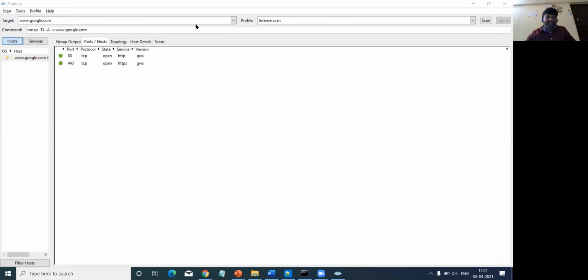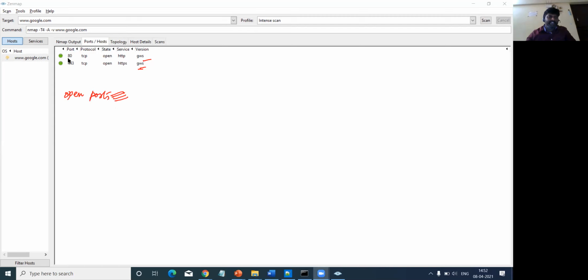Okay, so after the operations, these are the two open ports found after the scanning process. As we mentioned, the open ports are the entry points through which the attacker will try to enter the particular device, right?